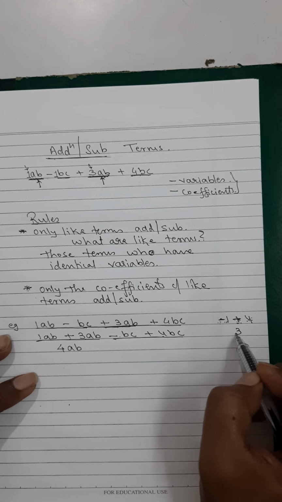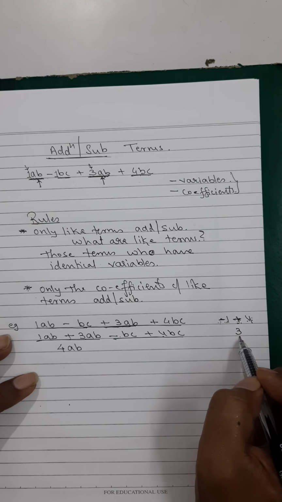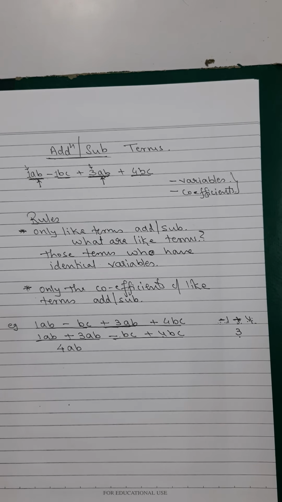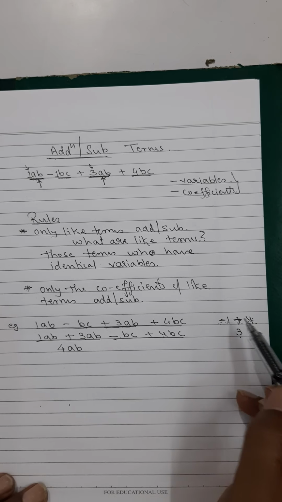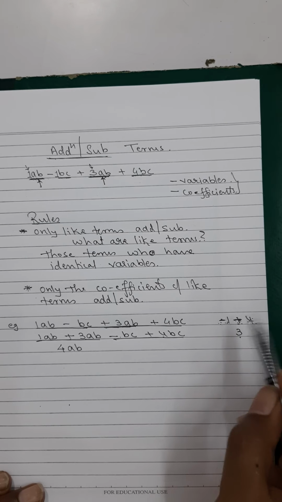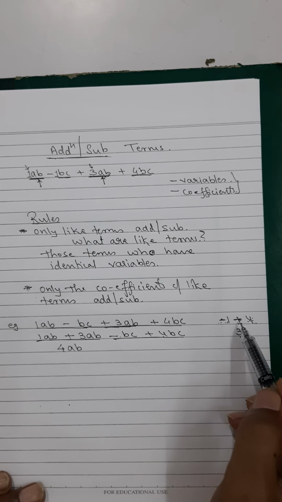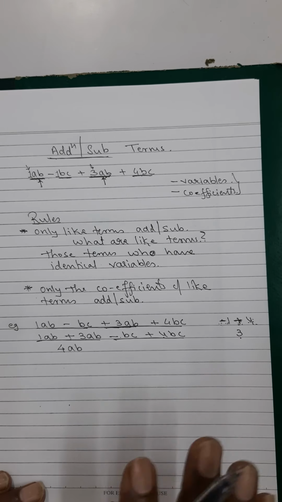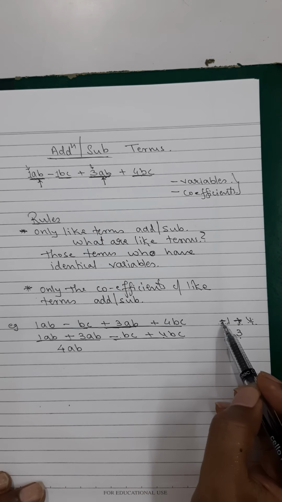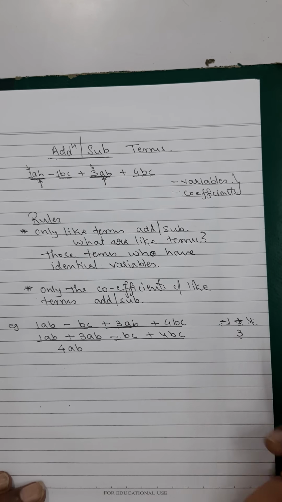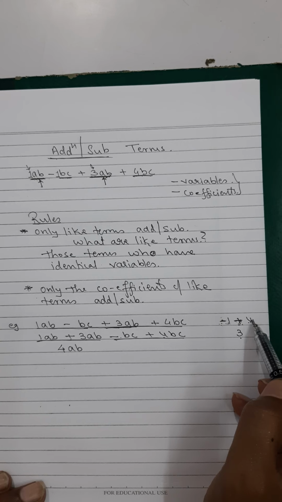4 minus 1 is 3, and this answer will be given the sign of the greater number. What is the sign of the greater number over here? Plus. So 3 will be the answer of this. Plus 3. This again you have to understand very nicely. While adding and subtracting numbers, whether you will add or subtract, you will have to decide. Just because there is a plus sign in between, I will add. This doesn't happen. You will have to decide whether to add or subtract by multiplying the signs. So it will be minus plus minus. That's why I will subtract the two.